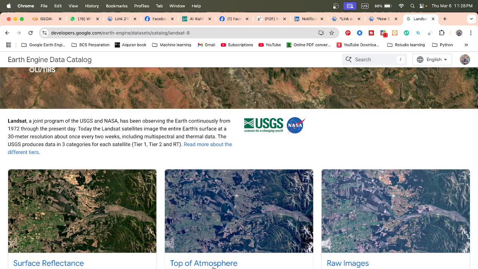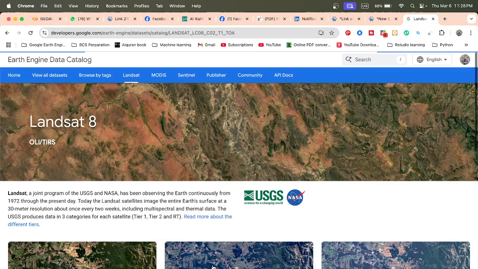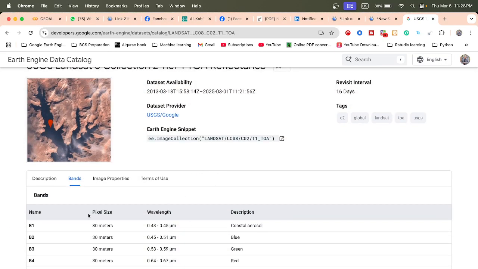You can see at the top, I just chose the top of atmosphere, and you can see the 30-meter resolution, but we try to apply this method, the intensity hue saturation fusion method, and then we decrease the resolution, mainly the pixel size, to 15 meters. So let's go. For that, I copy this image collection